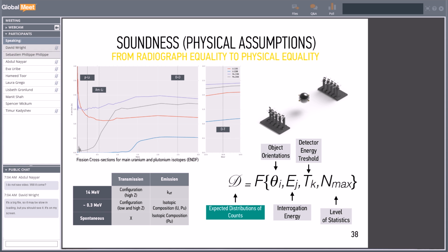But the idea is this is a way to show that something that is declared as a nuclear weapon is a nuclear weapon. Which means that we're trying to do a proof of physical equality between items. But what the system we've been building so far does is a proof of radiographic equality. And of course, sometimes, depending on the neutron energy at which you take the radiograph, you may not be able